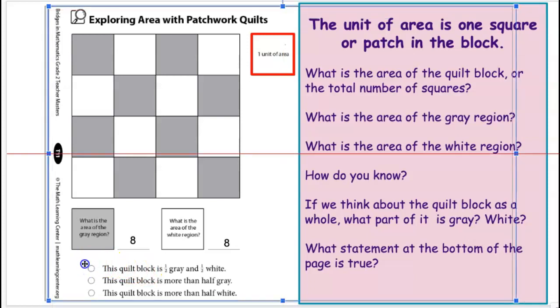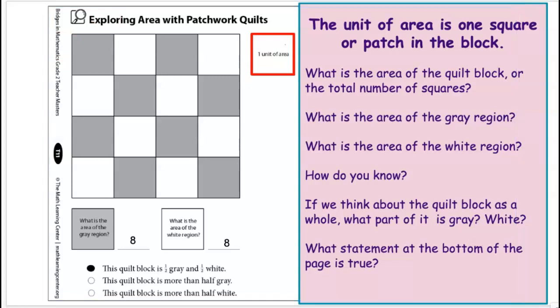We know that that is true because we know that 16 can be broken right in half to be 8 and 8. So no, the quilt block is not more than half gray, and it is not more than half white. It is exactly half gray and exactly half white. So that's kind of how we can look at these quilt blocks to see half and to see different proportions